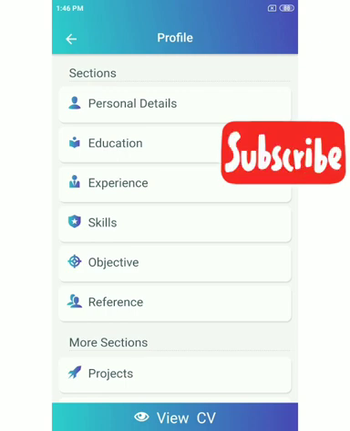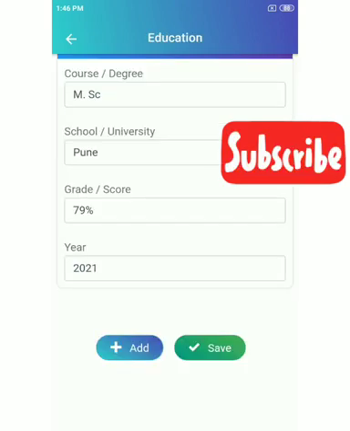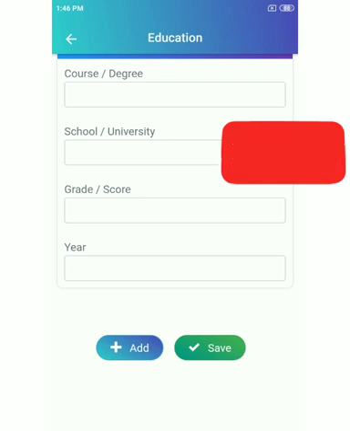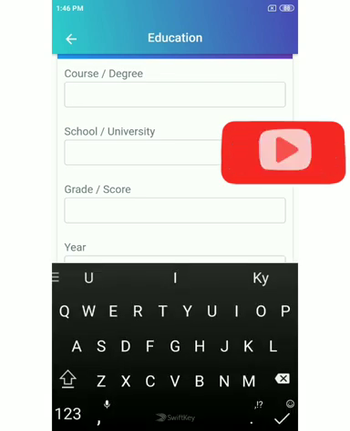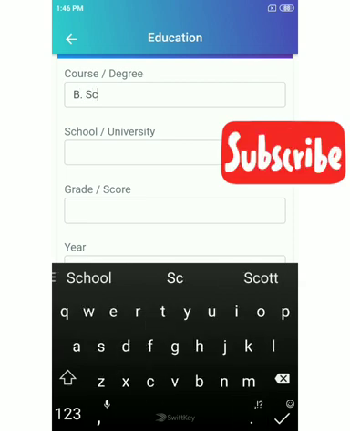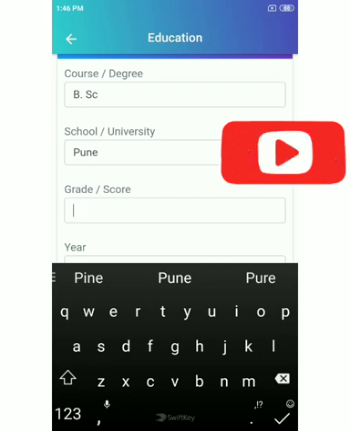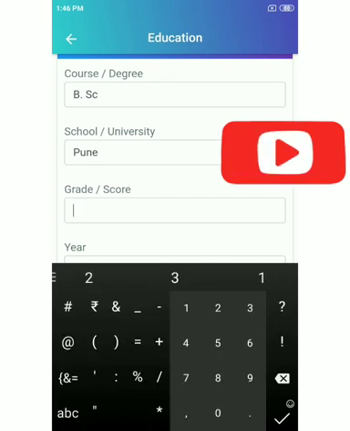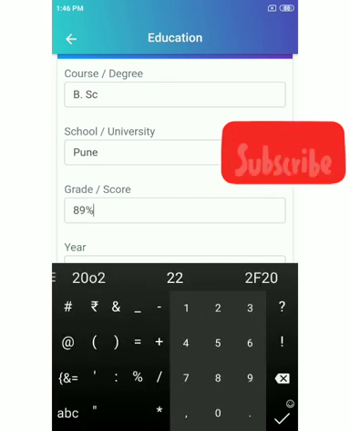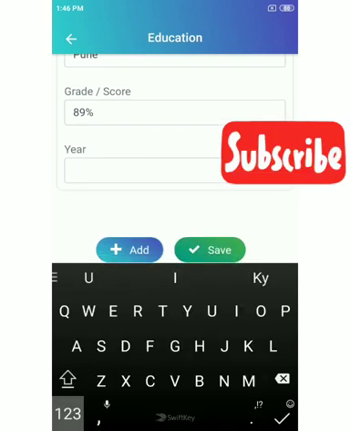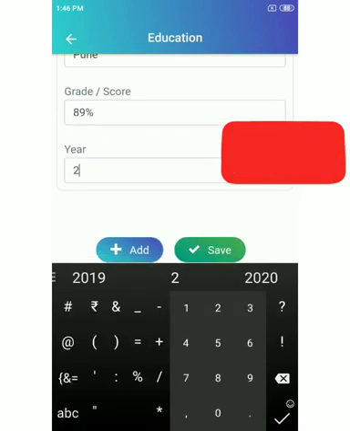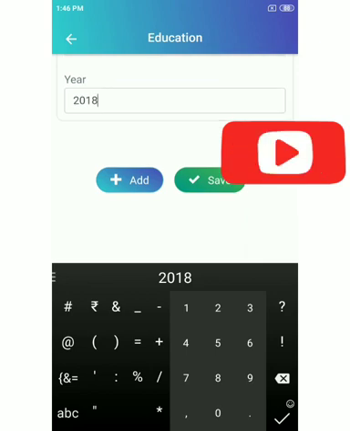But you have more education details, like you have completed BSc, so again go to the education section, plus that is you have to click on the add button towards the bottom left side. Right here which degree, BSc degree, from which college, Pune college. You have to mention the complete name of your college, percentage whatever you have obtained, 89 percentage, let's say, year, whatever year you have completed. Okay, 2018, 19, whatever. Save.